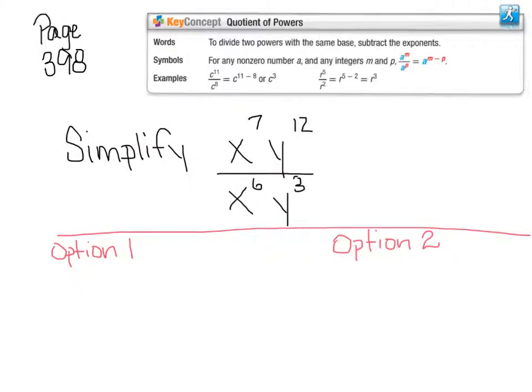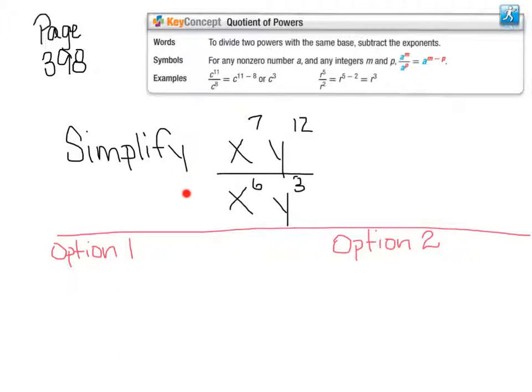Your first example comes from page 398, and we are going to see an example with the quotient of powers. The quotient of powers says when you divide two powers with the same base that you simply subtract the exponents. Now I'm going to show you two different ways to do this, option number 1 and option number 2. If you don't understand the rule, which I understand, some of you may have problems with the rules, you can always write out